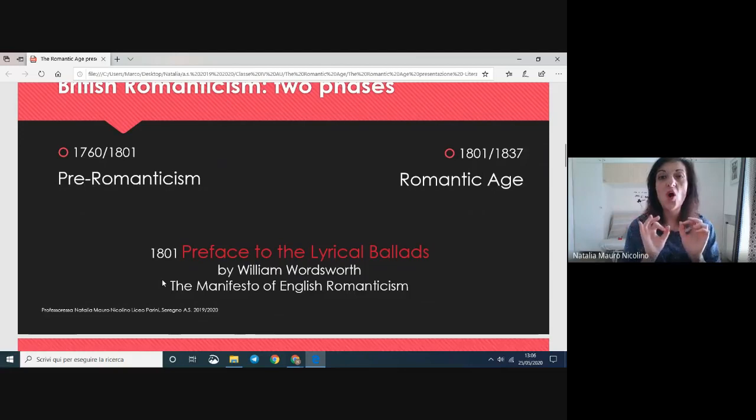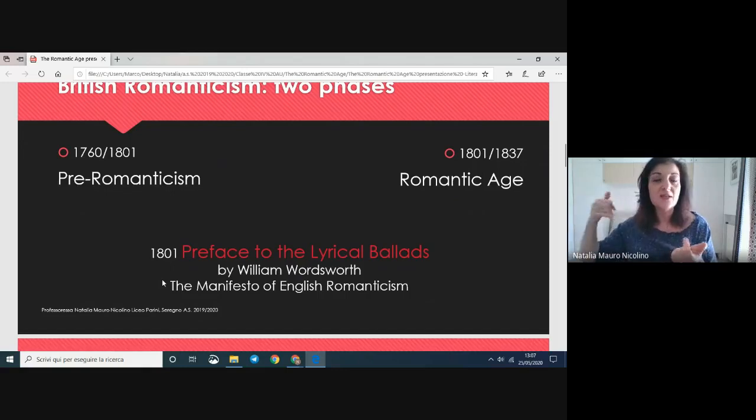It is the watershed. You already know this word, water. It is the moment in which a thing splits into two parts. Il divisorio, lo spartiacque. Watershed. It's the moment in which a new thing starts, and in this case 1801, when something is over and something new starts. In 1801, the pre-romantic phase of British Romanticism came to an end, and the real romantic literature started in Britain,